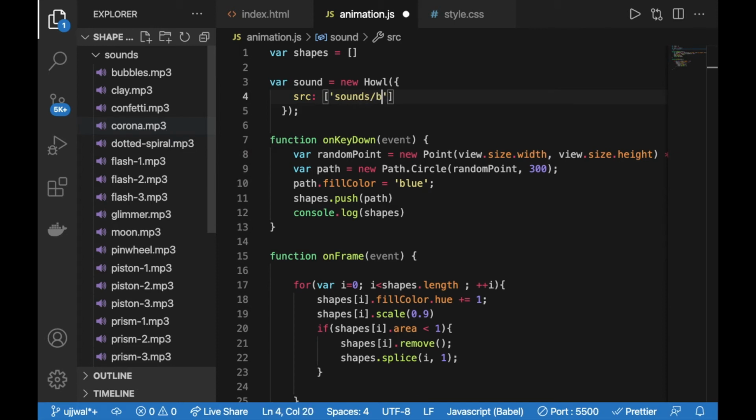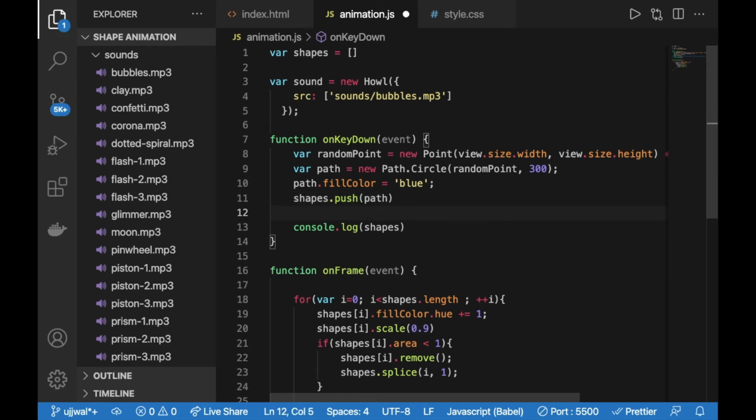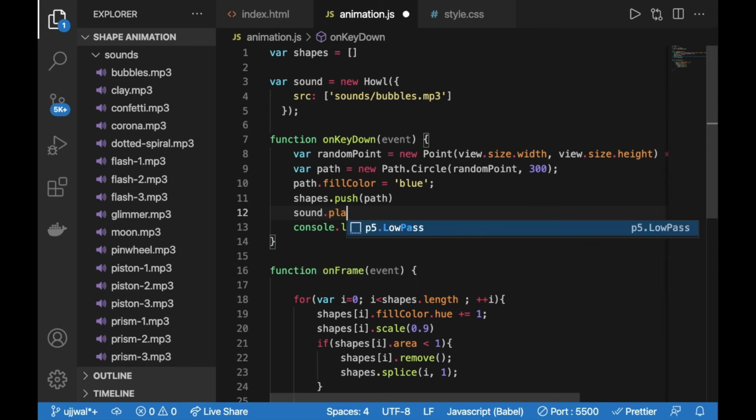So it would be bubbles.mp3. I want to play the sound every time I hit a key, so I am writing that under the on key down event, and for that I just need to write sound.play, and that's all I need to do.